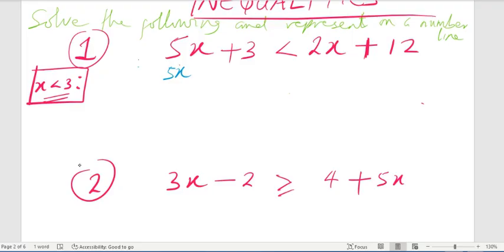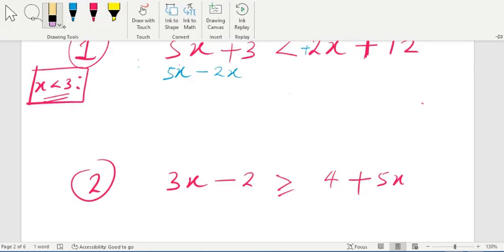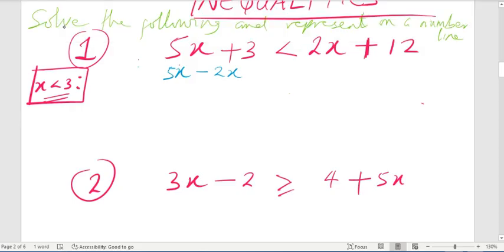What did it become? 5x minus 2x, because it has a plus here. Is everybody listening? If it has a plus, if it crosses over, it becomes a minus. That's it, it crosses over the inequality sign or the equality sign, assuming it was an equation. It becomes a minus. Then you have the less than